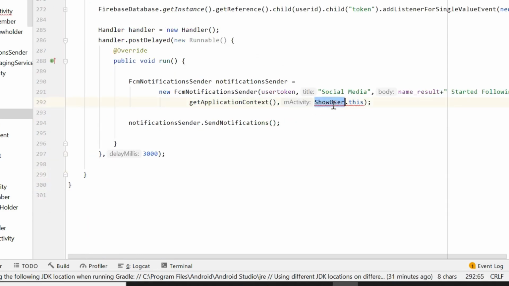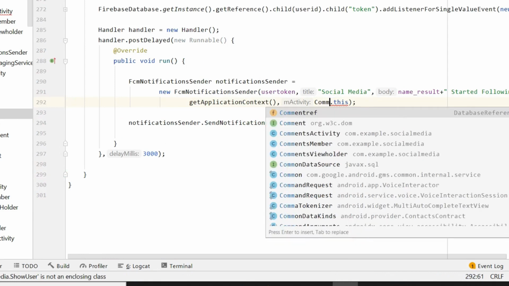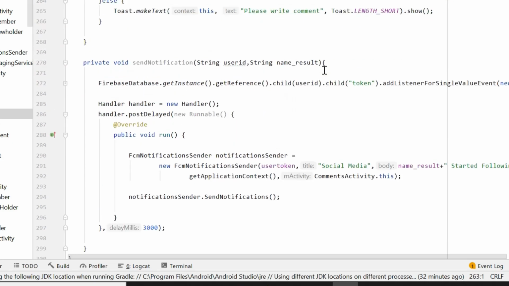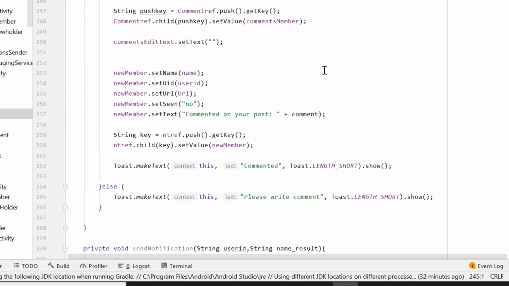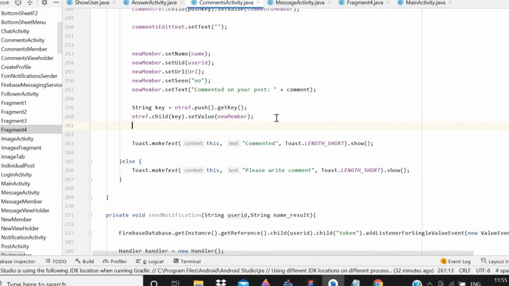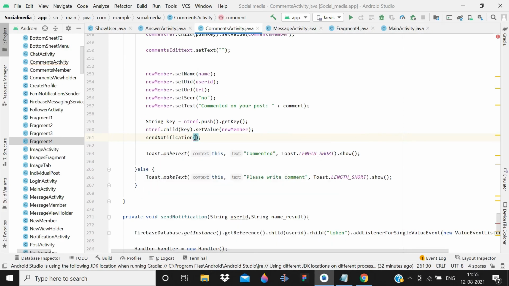This time after this you have to give comments activity dot this, and then after this we have send notification. So just come where we are doing the comment. So guys, here you can see that we are successful doing the comment. So here you have to call the method send notification, and now we need the user ID of the user on whose post we are commenting.